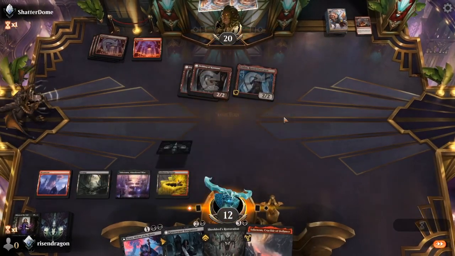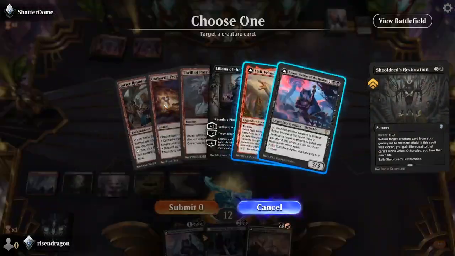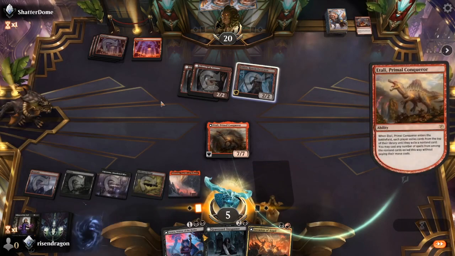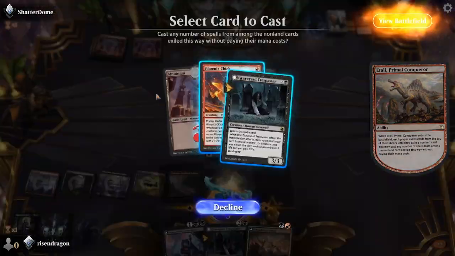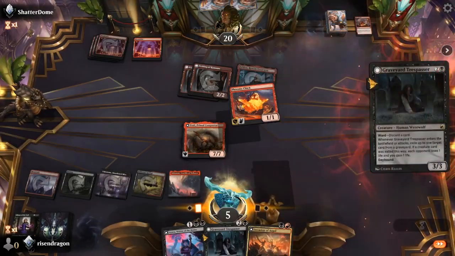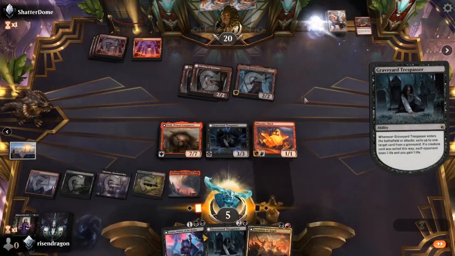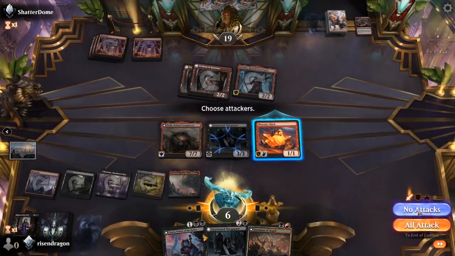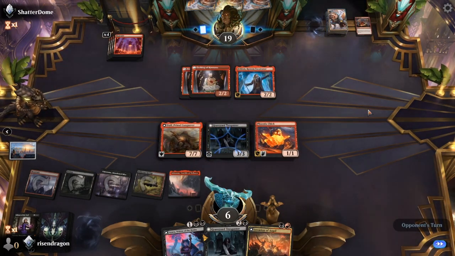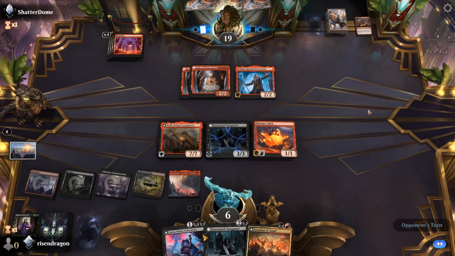Okay, so let's try this now. Okay, let's try this. Etali. Boom, we lose that. Okay. Graveyard Trespasser, Phoenix check. Yeah, that's totally okay. Yeah, we'll take that. No attacks. We are running a big risk here. We're taking a huge risk here with a few of these. So